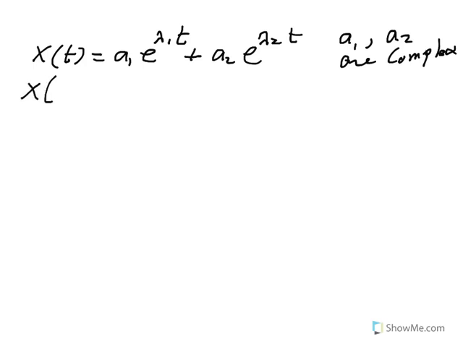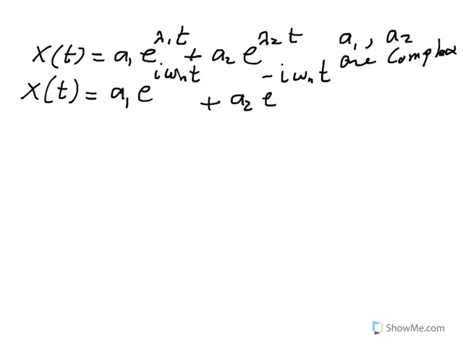Let's go ahead and put lambda 1 and lambda 2 and see what we have to do. So remember, lambda 1 was, we go with the positive i omega n times t plus a2 e to the minus i omega n times t. Okay? So now we don't want to deal with complex powers. So we go ahead and use Euler's equation, which is a very useful equation, which says,